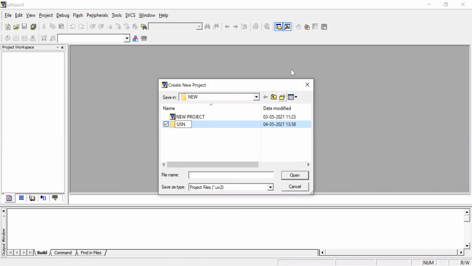Just type your USN number. Keep all the files inside your USN number folder. I just created a folder now. Inside the folder, I'm going to create projects. So for that, I'm going to create a project. I'm going to save this. Once I give save,